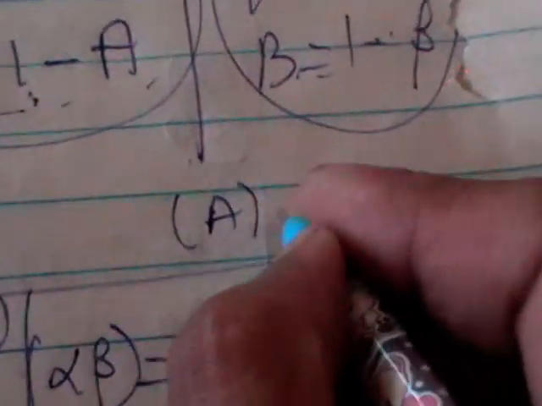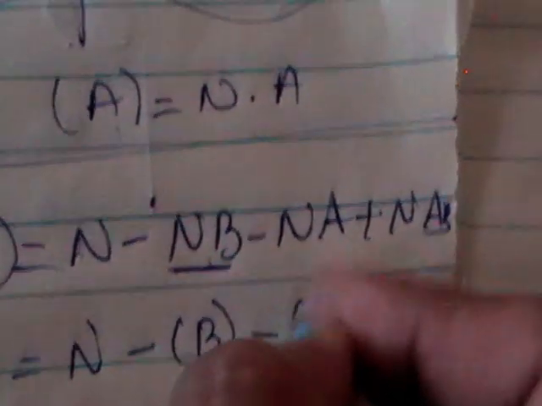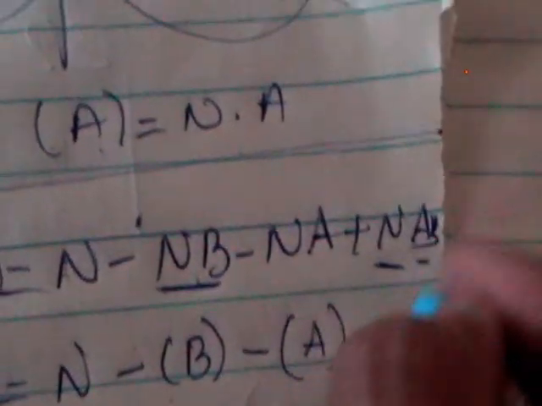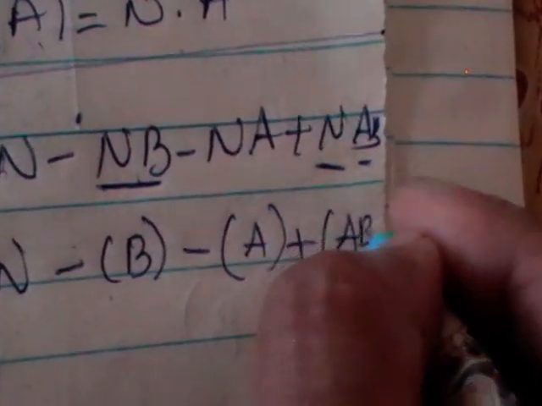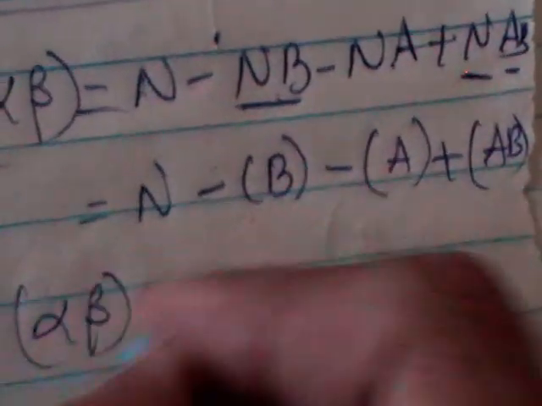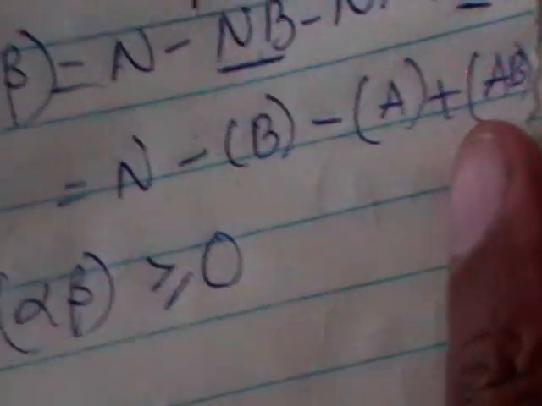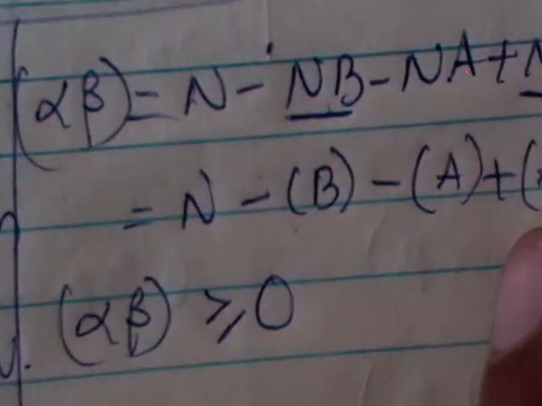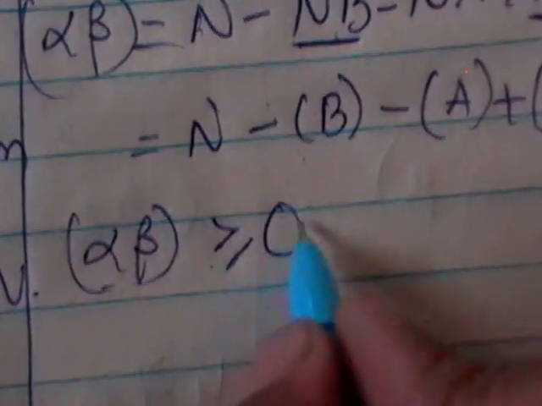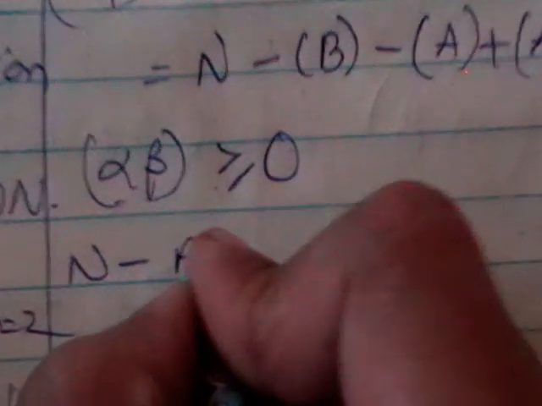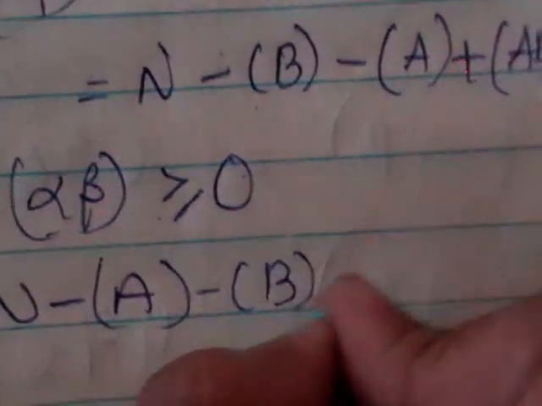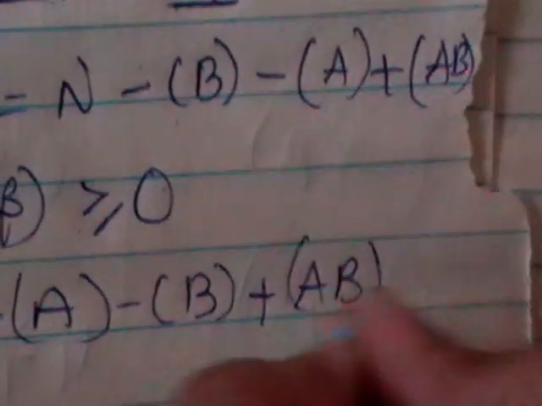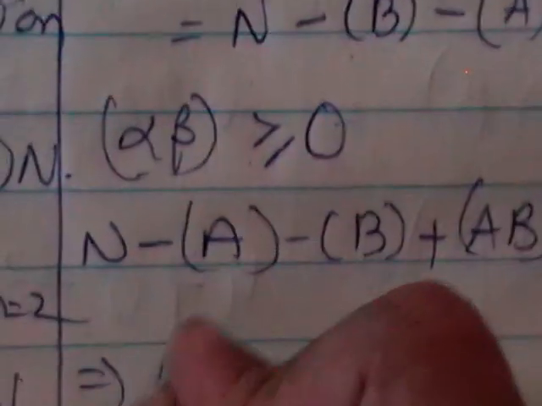As you know that bracket a is equal to n into a, we can write this as n, nb can be written as bracket b, na can be written as bracket a, n into ab can be written as bracket ab. We know that bracket alpha beta is greater than or equal to 0. Never are the frequencies going to be negative. Always the frequencies are positive. So bracket alpha beta greater than or equal to 0, n minus a minus b plus ab greater than or equal to 0, which implies